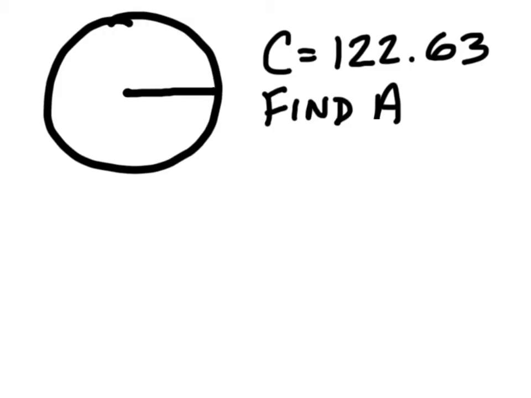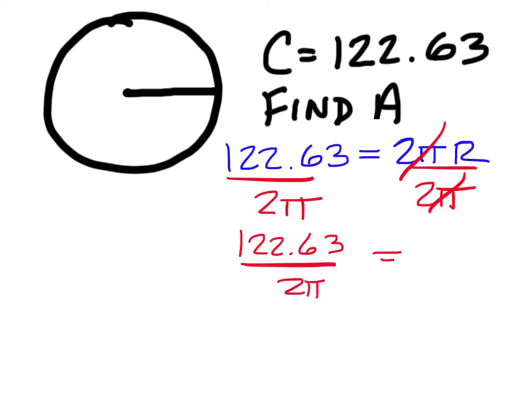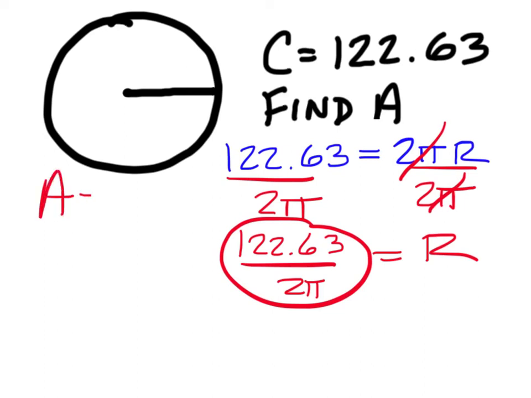On this problem, you need 122.63 and set it equal to 2 pi r. And then divide both sides by 2 pi. Cancel and be left with 122.63 over 2 pi equal to r. You're going to plug this into the area formula, which is pi r squared. So A equals pi times the quantity squared of